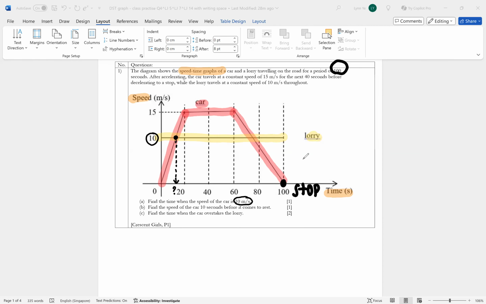So that's not all because there is one more part at 10 seconds. Means at the end of the day, how many answers must I have? 2. So if I were you guys, I won't put a question mark. I'll label this as T1 to remind myself there are 2 answers and T2. So for T1, I'm going to focus on just here first. So this is how I'm going to find the answer for T1. So guys, whenever you find T1,